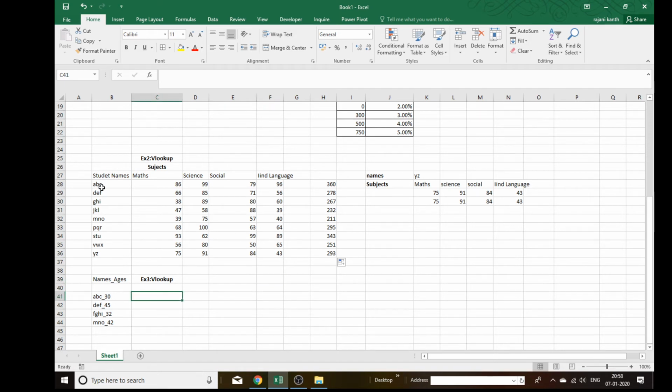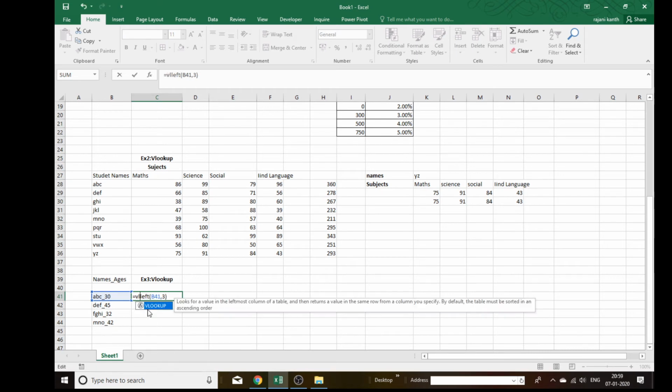Now I need the ABC total, and whatever the names are over here, I need those names put according to that total. Now how will you do this one? You know ABC is there, but you have to extract only ABC from that first of all. So what you will do: LEFT, open the bracket, this, comma, how many characters? 3 characters. You need only 3 characters. It is not 4 characters. I will tell you the next step is 4. Okay, it's ABC now.